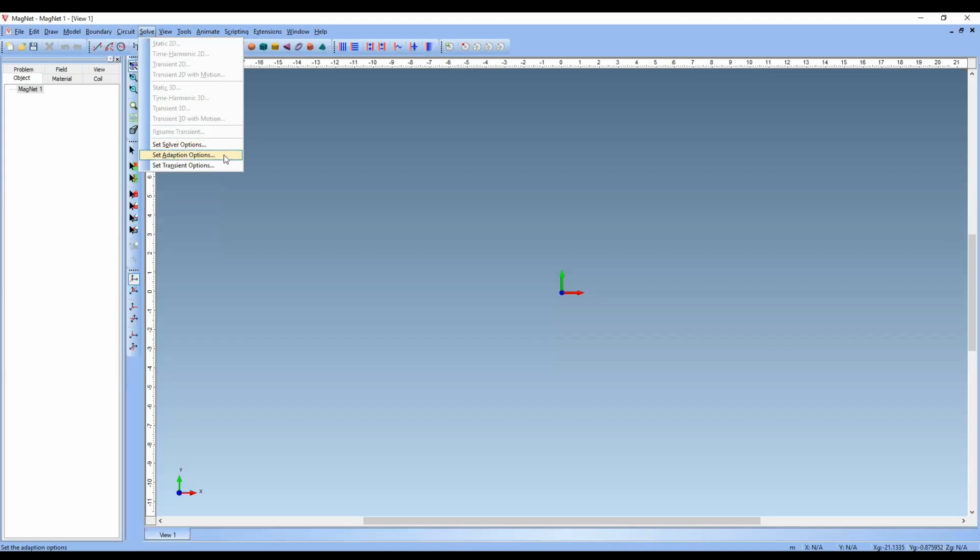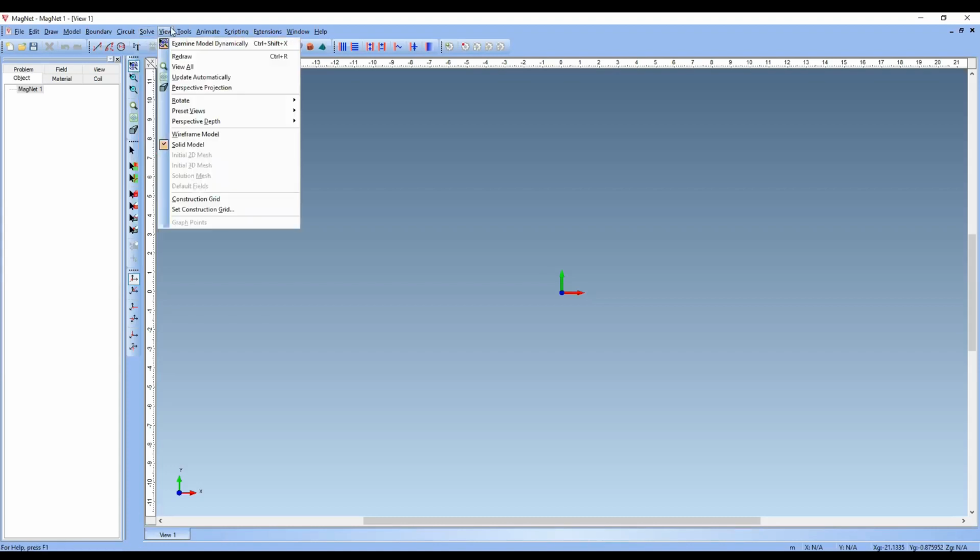What is adaptation? It has H adaptation and P adaptation. If your analysis is 2D, you can go with H, whereas if you go with 3D analysis, you can choose P adaptation. As we go on, I will explain these in depth. What is the transient option? By the transient option, you can simulate for some seconds. If you want your machine analysis to run for some seconds, you can do it through the transient option analysis.